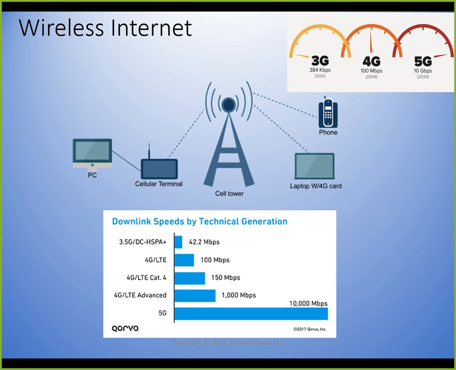It's a 2020 project. But we go back to the 3.5 was 42.2 meg, 4G 100 meg, 4G LTE 150 meg, the advanced we're up to a gig, and then the 5G, the one that's coming, that's being introduced right now, and you have to have new devices obviously in order to take advantage of it, is going to be 10,000 megabits or 10 gigabits per second data rate. And this is the one that they have to redo everything. This is going to be the millimeter wave